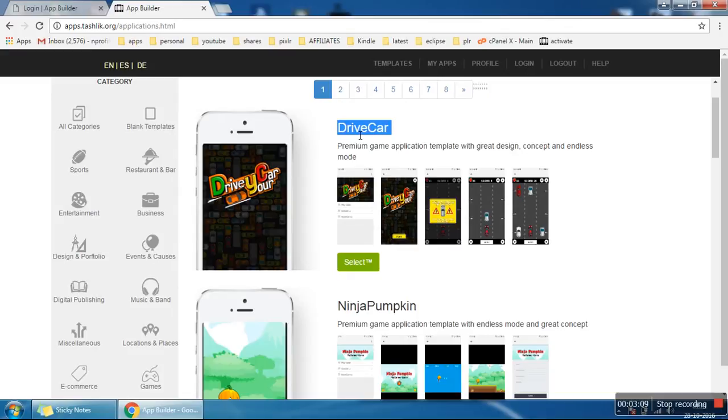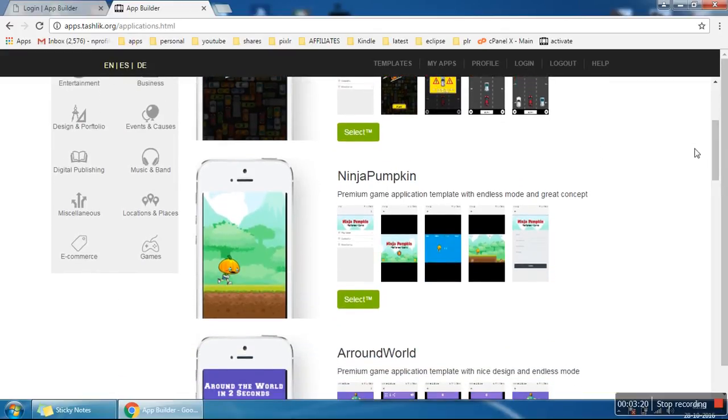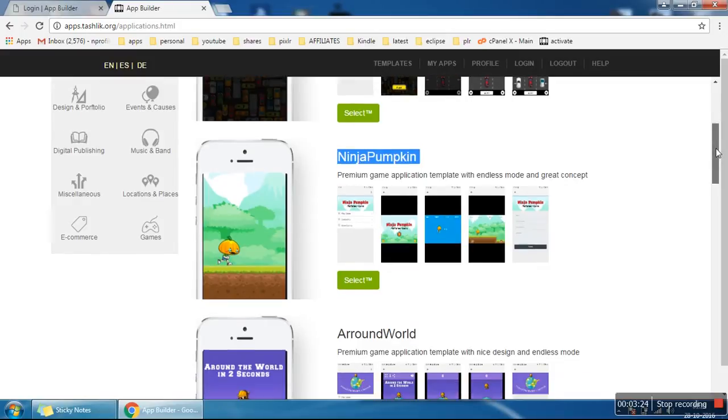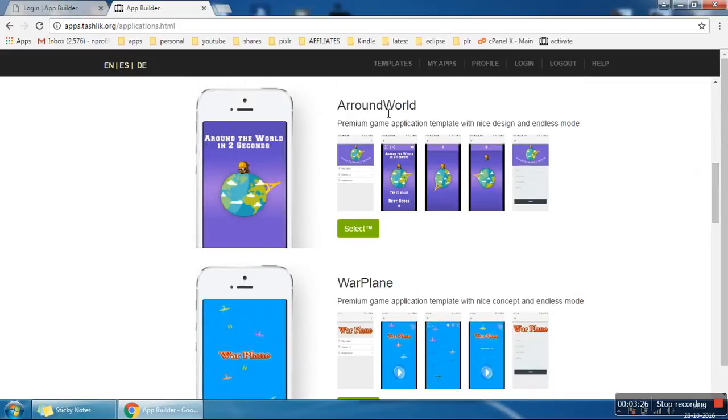I will also show you now how to install this app on your phone. See which is a good app, which is a good game. Whichever you think is a nice game, you can create that game.